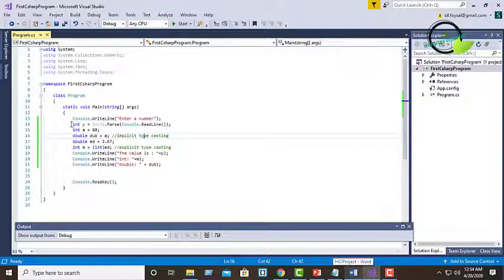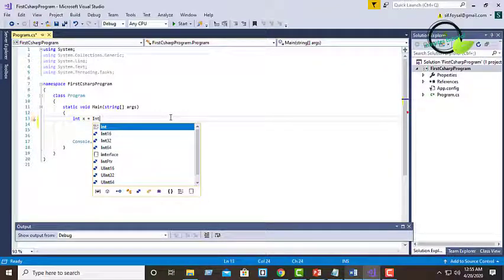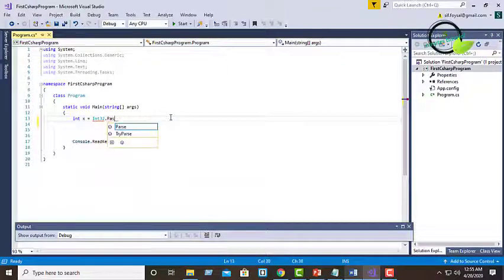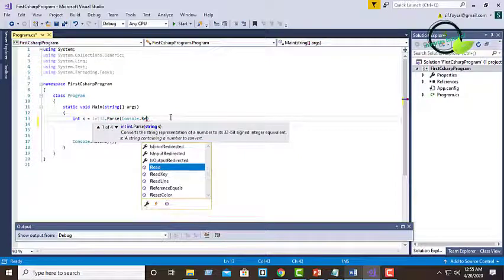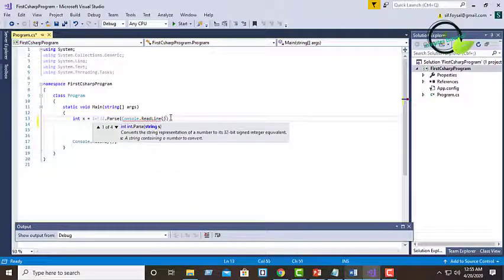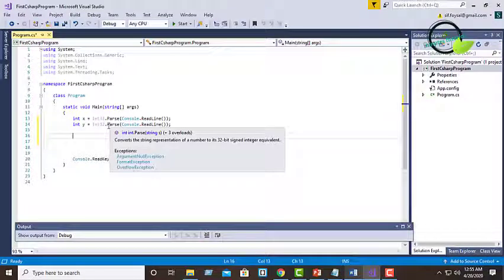So now we will see the implementation in our program. We will use a math method here.